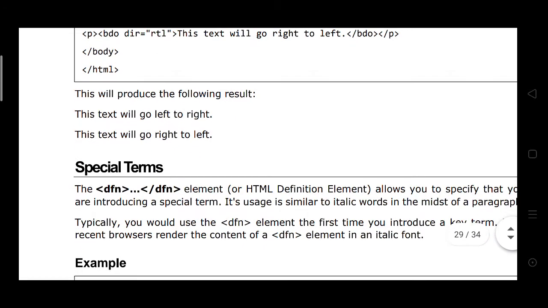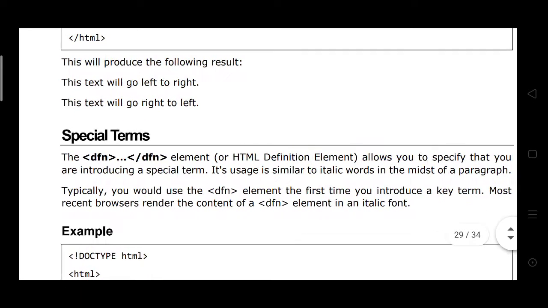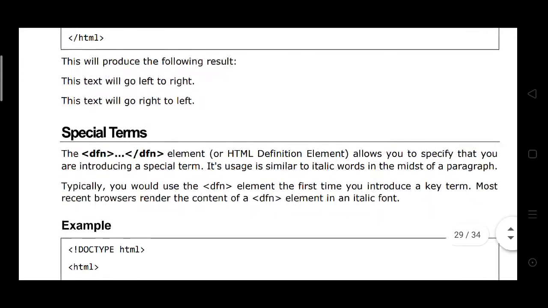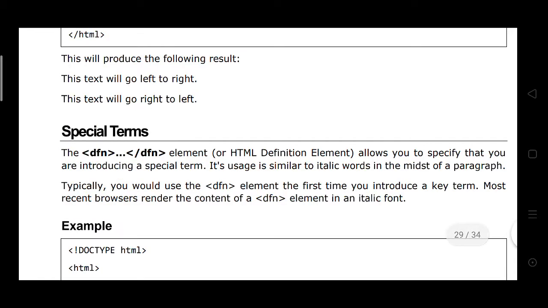Special terms. The DFN element, the HTML definition element, allows you to specify that you are introducing a special term. Its usage is similar to italic words in the midst of a paragraph.